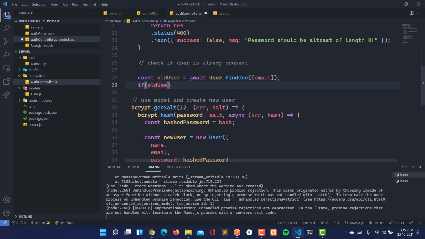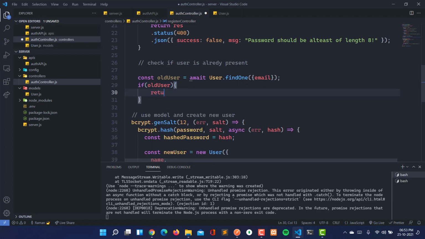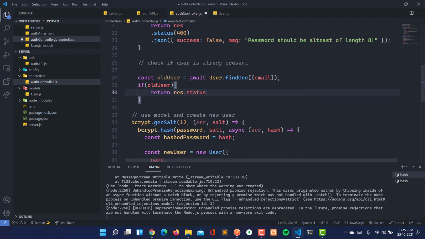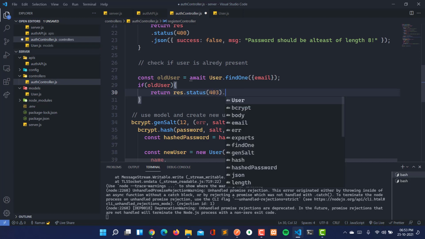If old user is there, then we are going to return response dot json with status like 403, because it will be forbidden. Because the user is already present, it will be forbidden only.